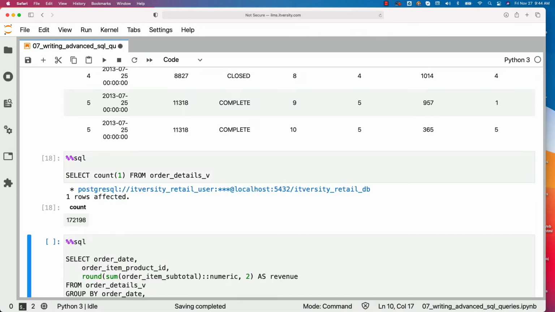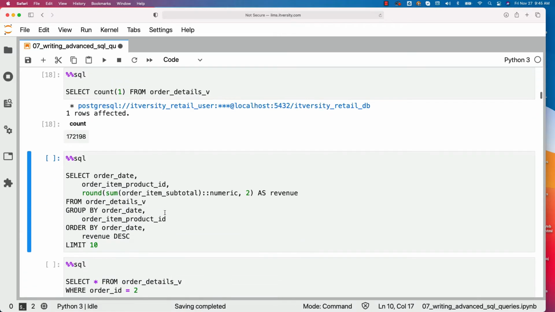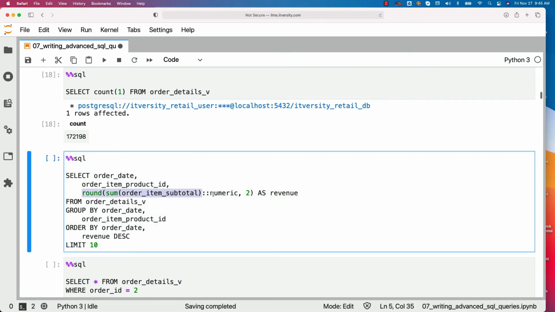So any query which we typically can run on the table, we can run similar types of queries on views as well. There are no restrictions. Now you should be able to perform group by, order by, and also aggregate functions such as sum based on the keys that are defined as part of the group by. We have seen this while going through writing basic queries earlier.